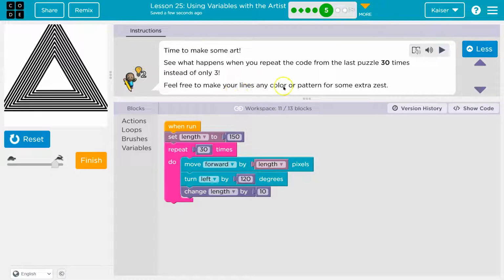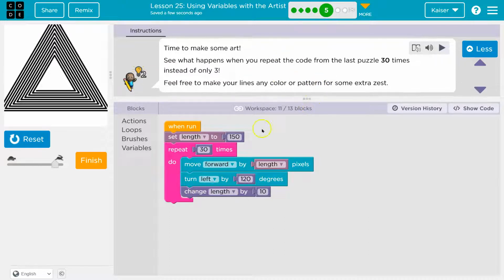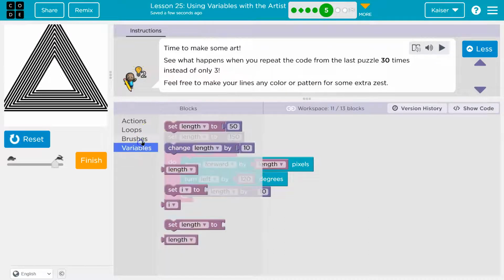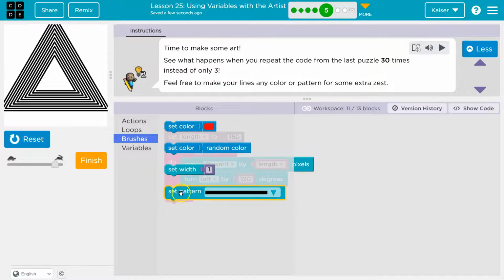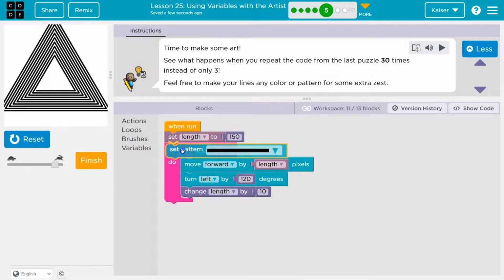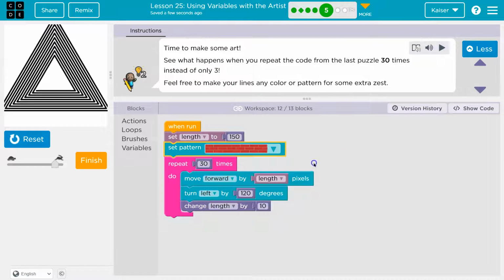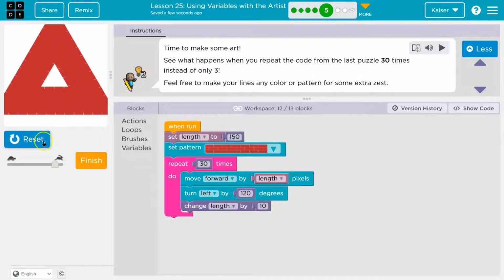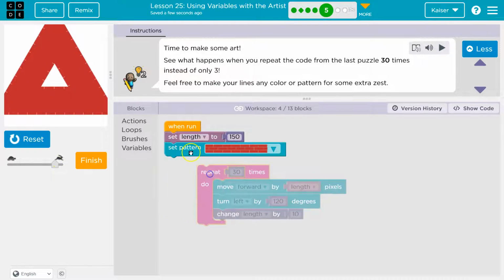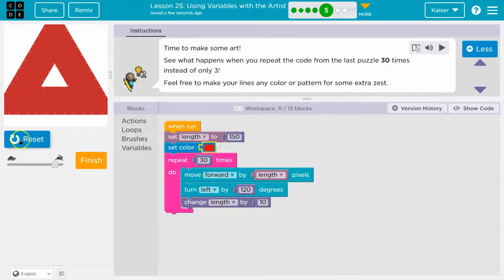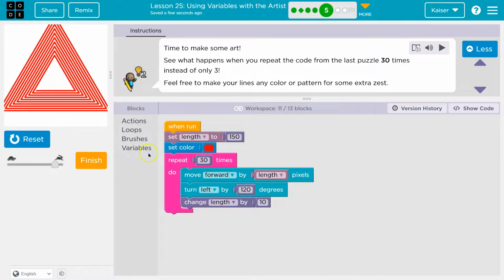Feel free to make your lines any color or pattern for some extra. Oh, we just get to do whatever? Cool. Ooh, I want a pattern. I'm gonna set a pattern here. Nah, not that one. Brick. Whoa, I can't even tell what that is. Maybe I'll do a color. Red. Haha, that's fun. Okay, and then...